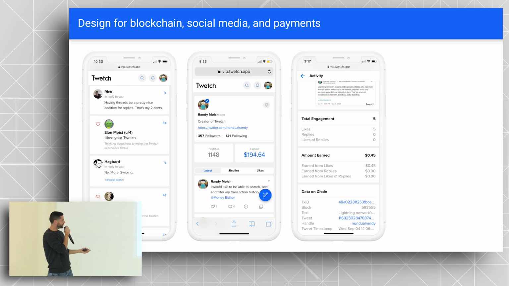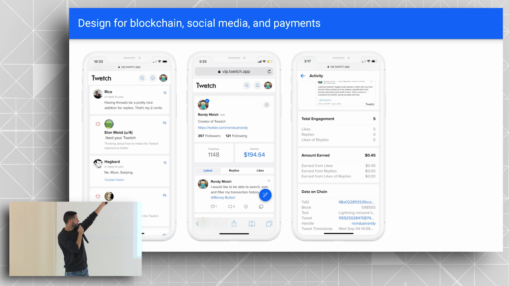And then the activity page, I thought, was really interesting. We integrated that a little bit later after starting Twetch and onboarding people. But the thought process that goes into signaling that these people are using the blockchain, I think, is really important. As designers, we want people to know that they're using the blockchain because it's cool. So we're doing blockchain signaling. But we have to figure out how much information is important to them and what information is most important,